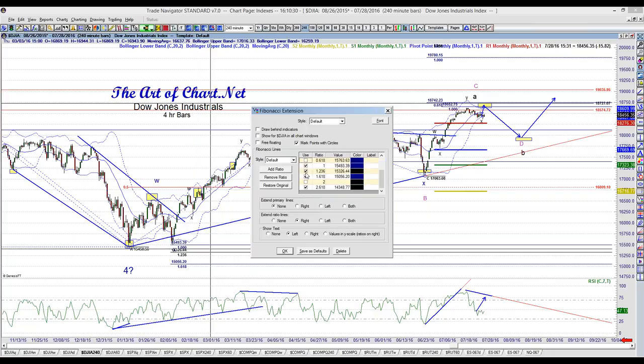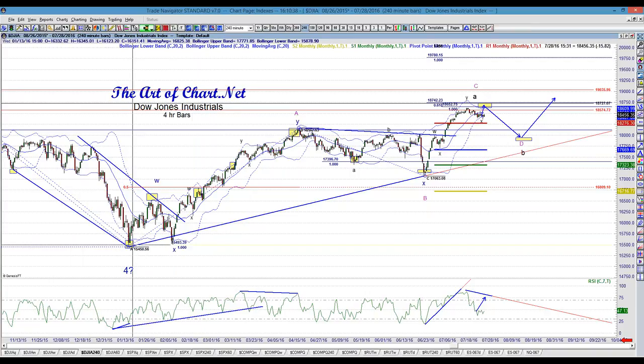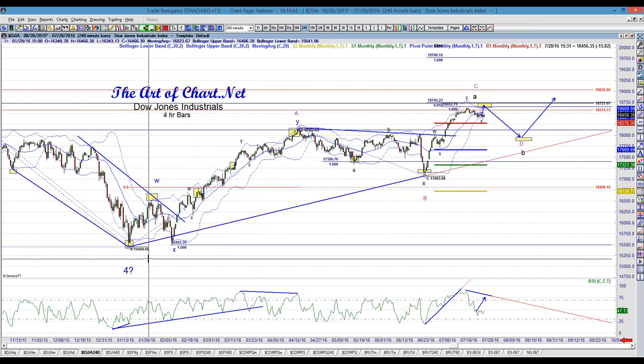Now, is that a double bottom from a classical perspective? Sure it is, okay? And is that something that you would want to take a shot at and trade long with a stop below the previous low? Absolutely you would. And what you want to try to catch in the Elliott, sort of mindset, if you will,